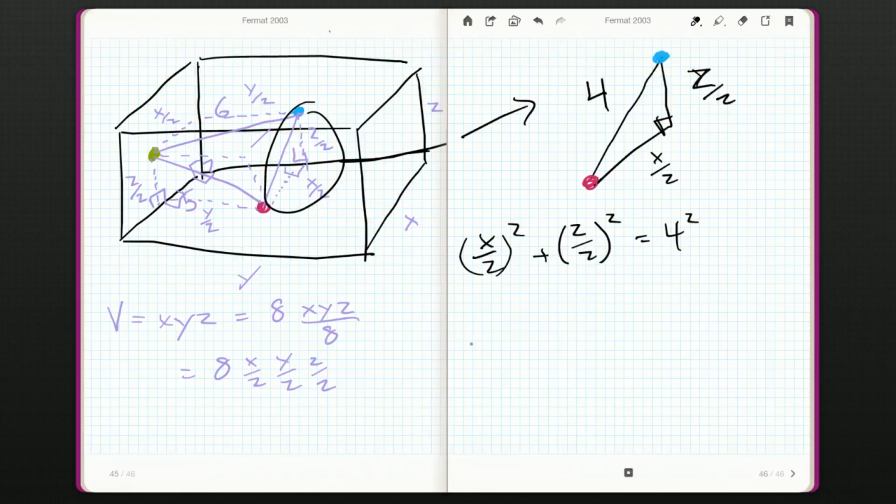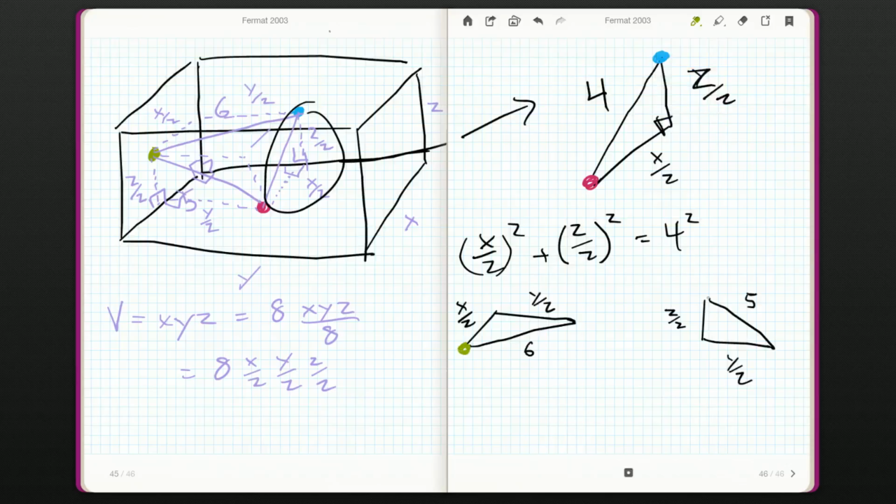And we can do the same sort of thing with 2 other triangles. The one with 6 and the one with 5. That was z over 2, y over 2, y over 2, x over 2. And I'll just add in the appropriate colored dots so you can relate it back to our original picture. So we have these triangles, and we get